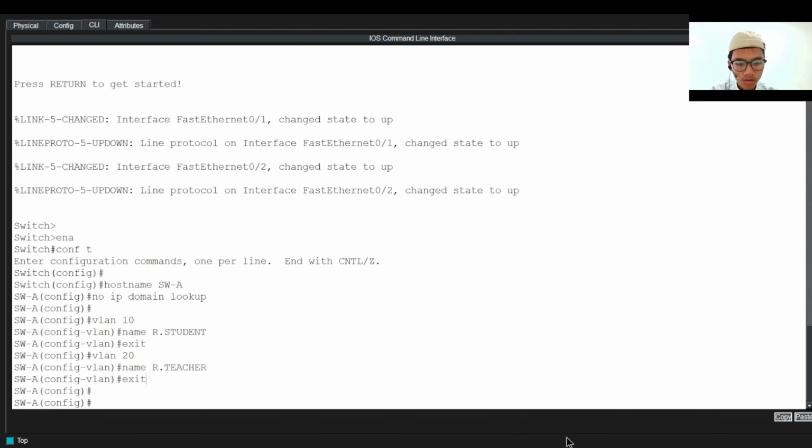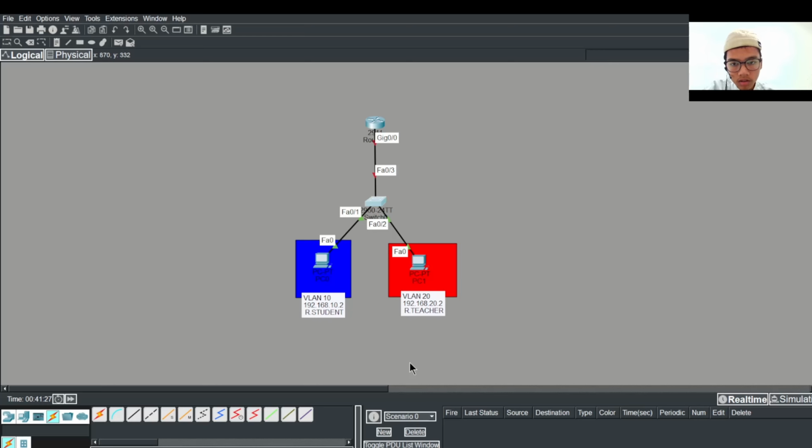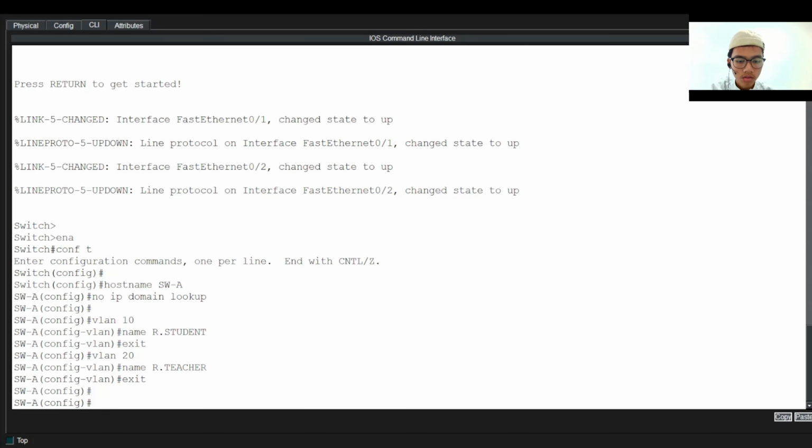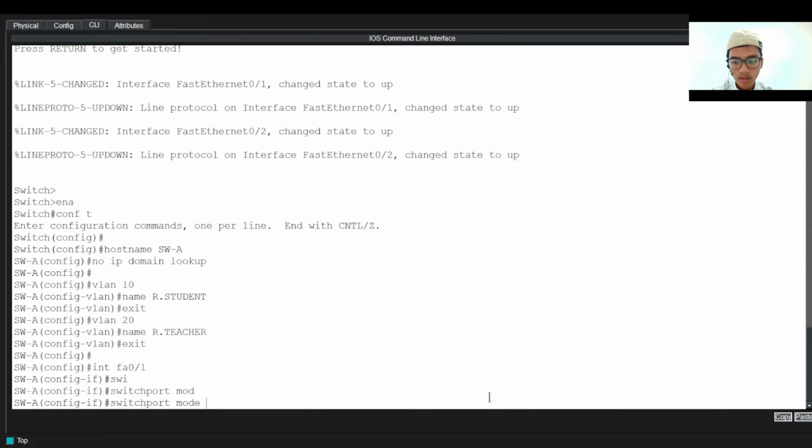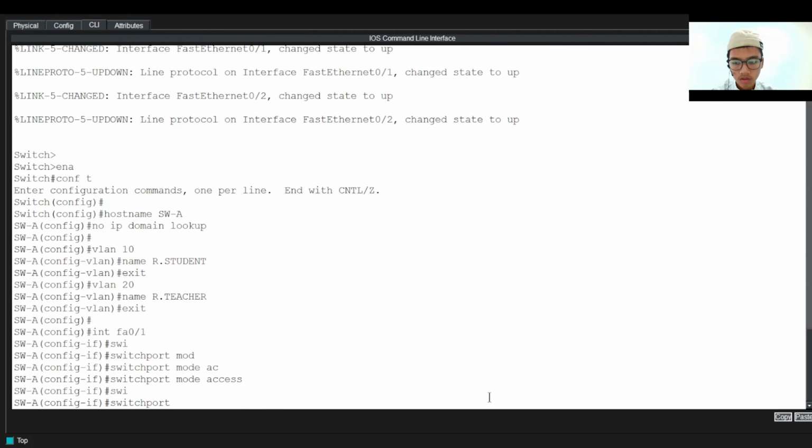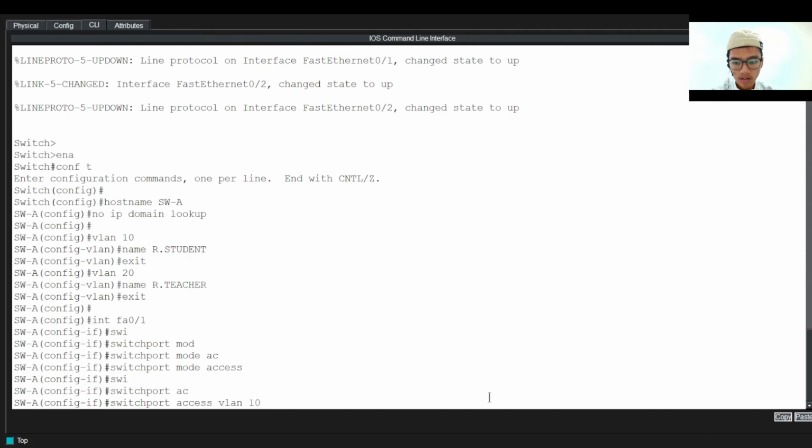Okay. After that, we will give the interfaces access to use the VLANs. So the first, we must check the interface that connects to each VLAN. So the first is interface FA0/1 is connected to VLAN 10, and FA0/2 is connected to VLAN 20. So we will give access to the interfaces. The first is interface FA0/1,